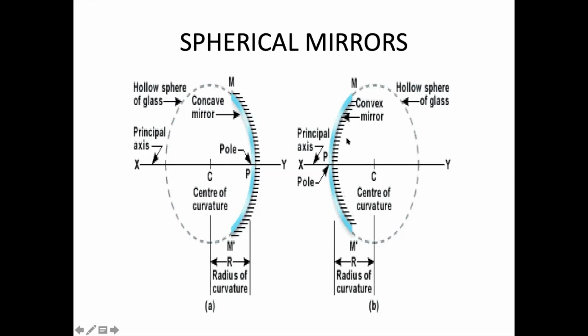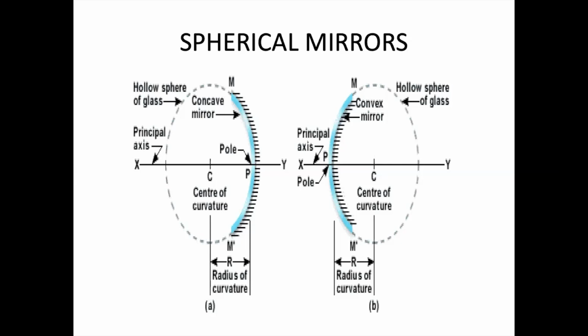Now I have to give the different parts of the spherical mirror. Since I told you I took it from a ball, it is spherical in nature, it is hollow in between, so it has got a center. So if I make this whole circle and if I put a dot in between, what will happen? It is called the center of the curved surface.